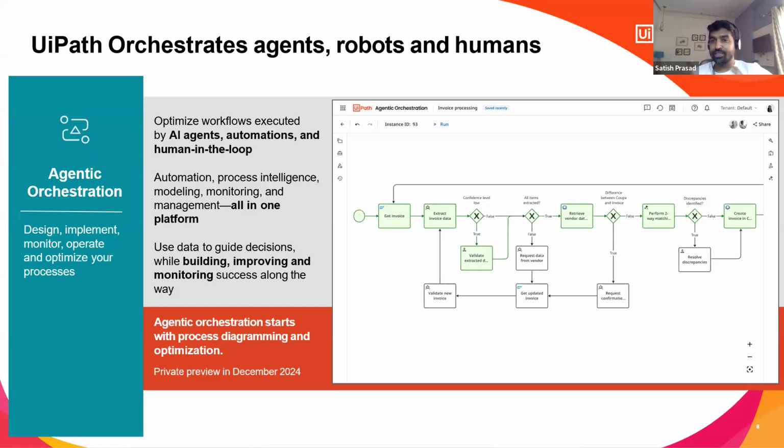So it provides you the process metrics, right? Process mining is all enabled by default. So by looking at the data given by agentic orchestration, you'll understand where your bottleneck is. Out of this entire big flow of invoice management, why is my validate new invoices step failing every week? If I need to improve that particular piece inside that process, how should I do that? All those answers will be given by agentic orchestration.